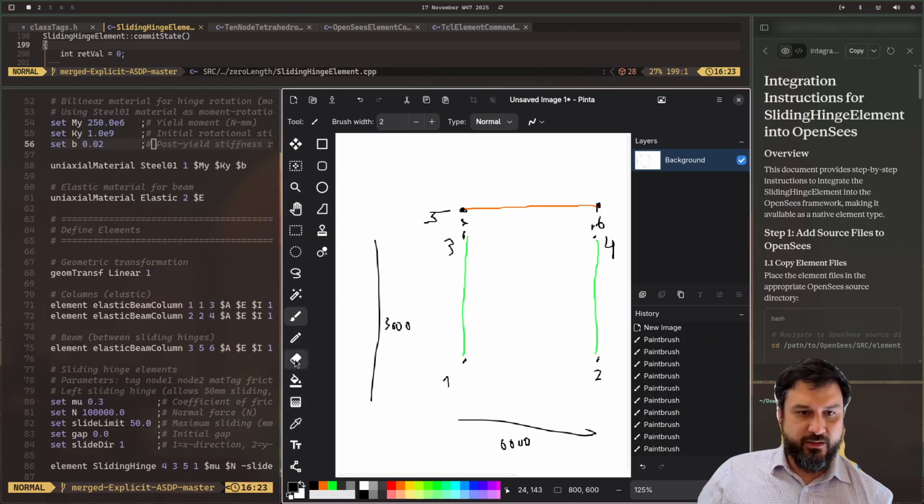Let's go for the eraser. This is not a thing. This is looking disgusting. Anyway,